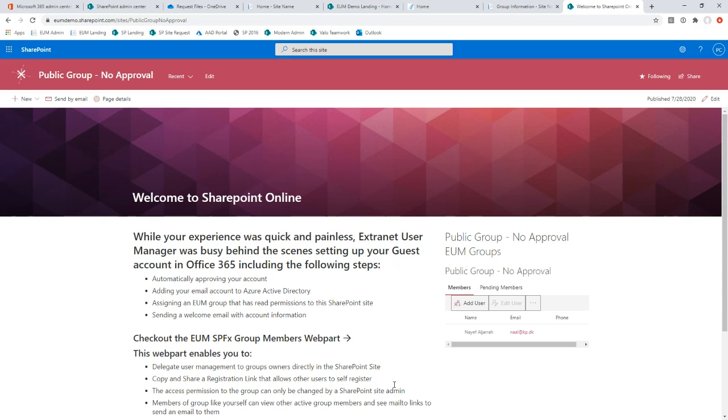I mean, the important thing is that everything we're doing under the hood is actually sitting on top of Azure Active Directory. We're creating groups in Azure AD and managing that whole process through there. So it's very tied in from that perspective. In fact, if I go over into the admin console here,